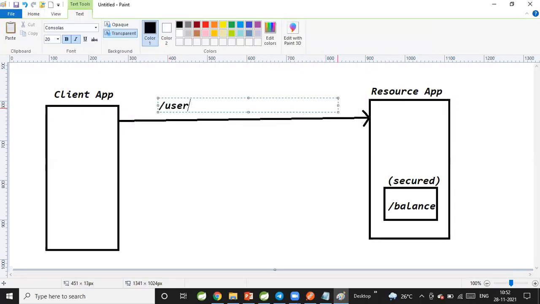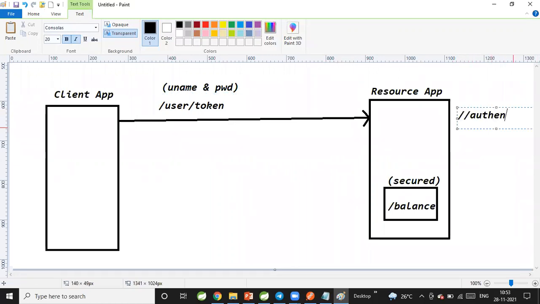In order to get the user token, the client is going to send username and password. The server will authenticate the credentials which are given by the user.